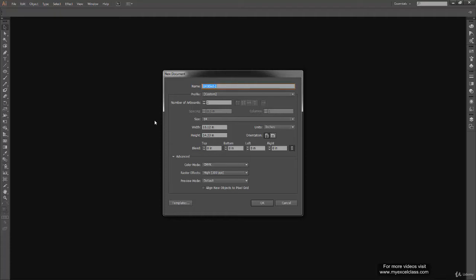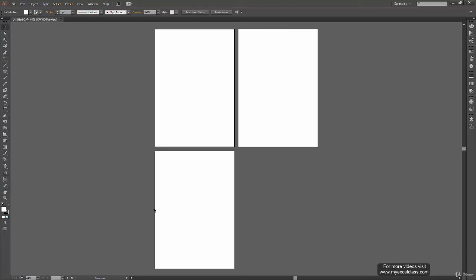So let's see what all artboard options do we have when we create a new file. So like we saw previously, we have option called number of artboards. So you can increase or decrease using this up arrow and down arrow button over here. So let's say right now I want 3 artboards in my canvas and click on OK. So it created a canvas with 3 artboards.